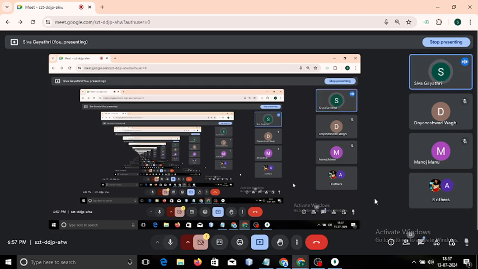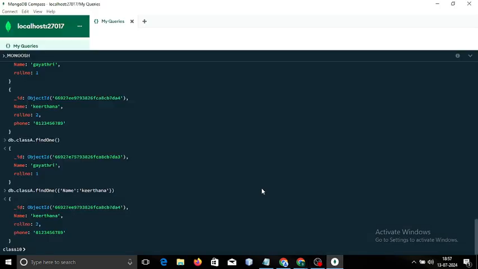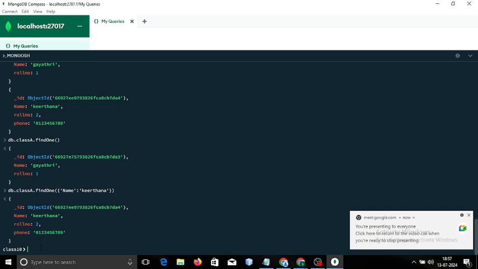So now let us continue. We have completed the insertion and also retrieval. So now let us update. For updation, let us update the phone number of this document. We have update one or update many you can use. So let us use update one. So db dot followed by the name of the collection, which is class A, and after that we can use update one,